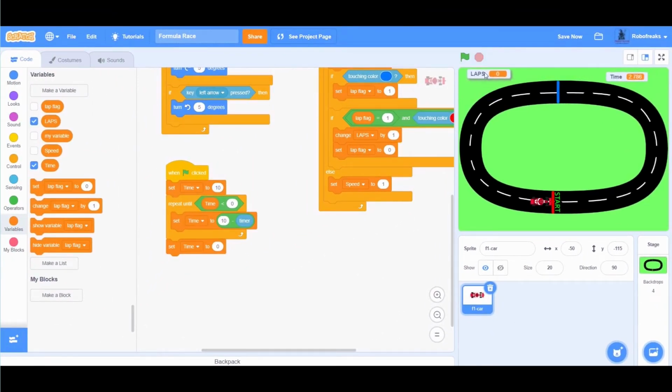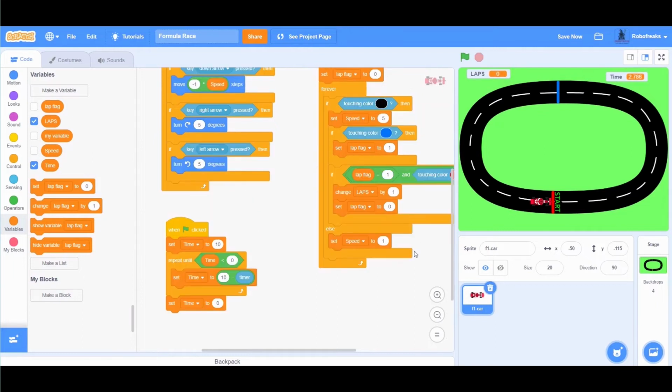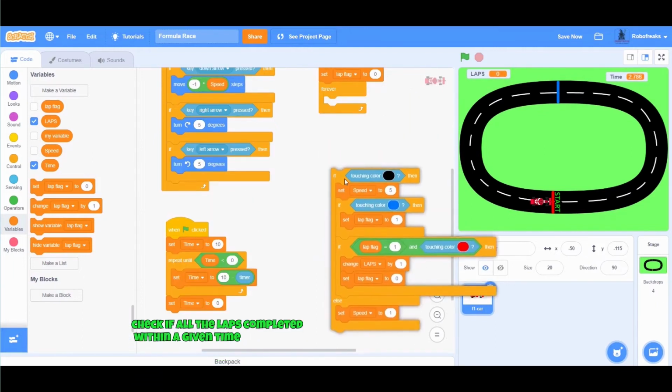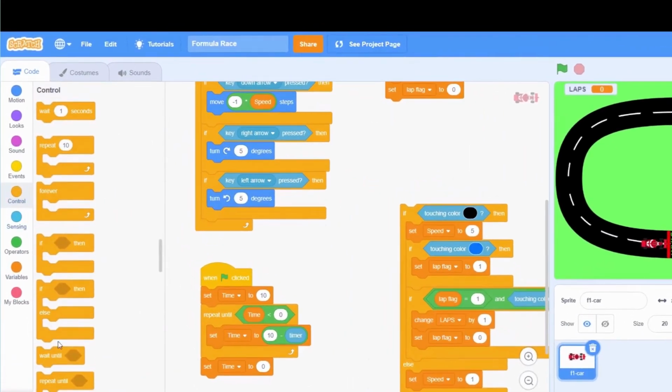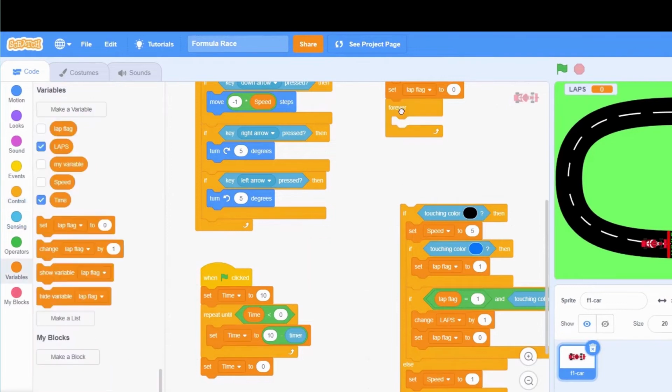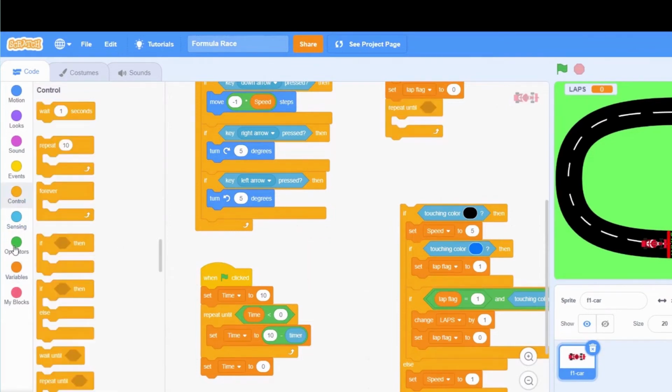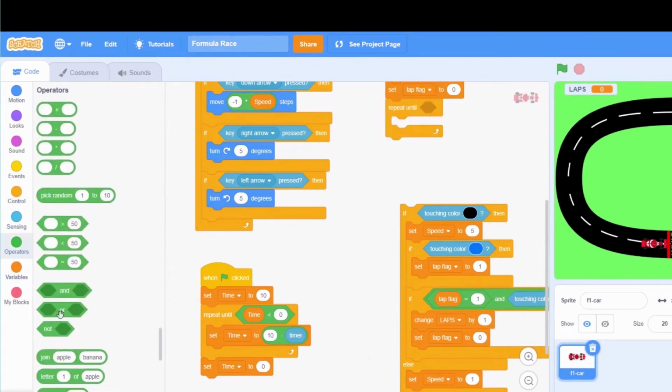To decide whether a player won or lost, we will see if all the laps were completed within the allotted time. Remove this forever block and replace it with a repeat until block. We will keep looping until either the time becomes 0 or we have completed all the laps.